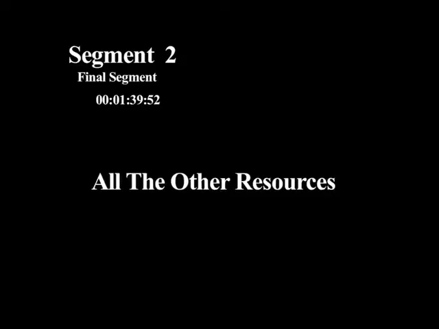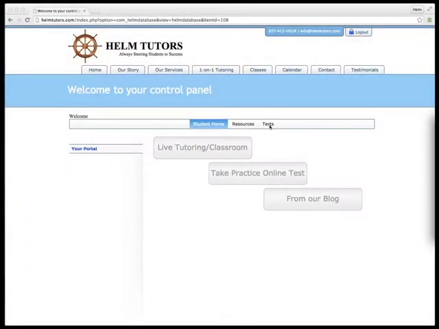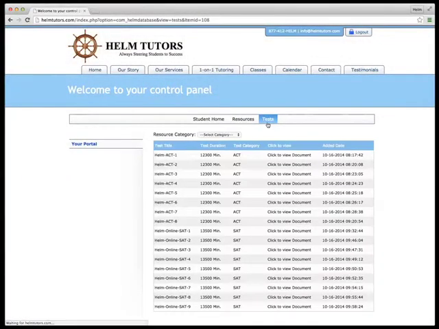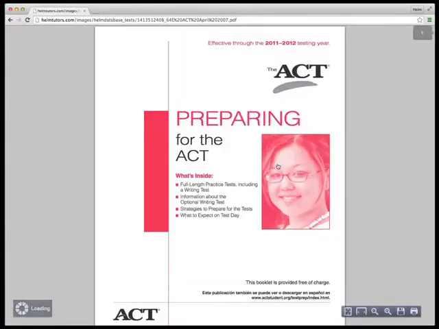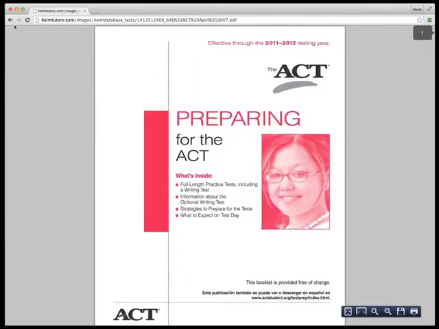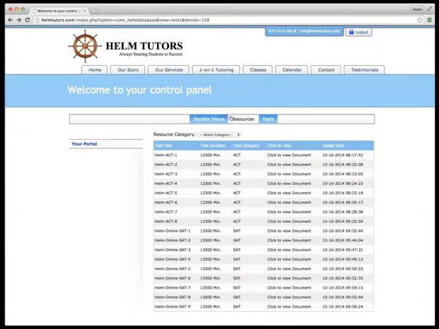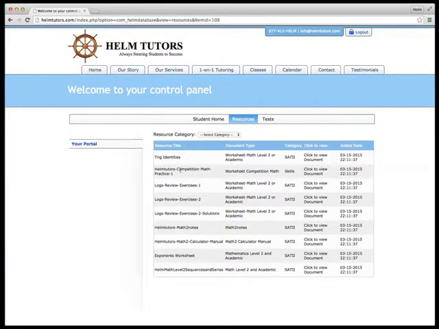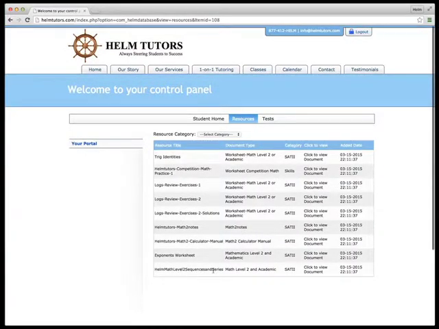Let's commence with segment 2, looking at what is behind the tests icon. When clicked, it allows you access to a lot of practice exams. When you click to view the document, you will have a PDF copy of the document. Like the test icon, the Resources button also offers PDF copies. This time, PDF copies of topic-specific resources. For instance, the document we uploaded on the whiteboard earlier, the Sequences and Series worksheet, can be found here.